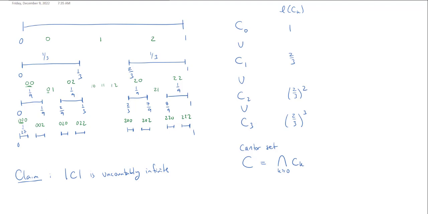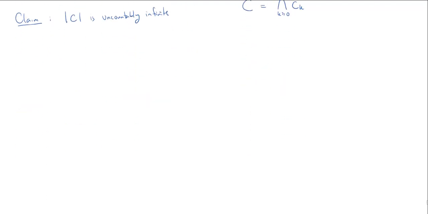What this means is that I can represent every element in the Cantor set by a string of 0s and 2s. If I have a 0, this means I was on the left. If I have a 2, that means I moved to the right. But because this has to go on forever and ever, it must be some sort of infinite string of 0s and 2s. So what we can say there is that C